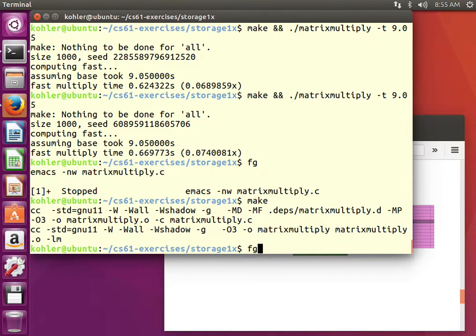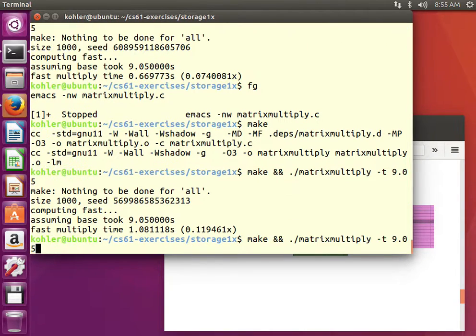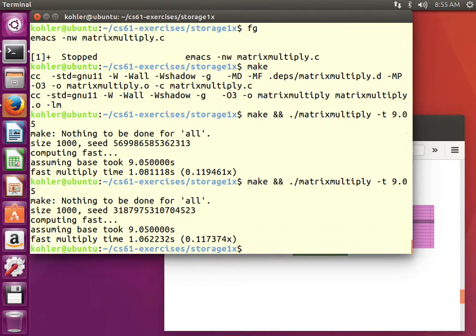Let's see how that performs. It's not bad. It's not as good as our best order of switching loops, because we have to do the additional work of transposing the matrix. But in fact, we did see some people who transposed the matrix in class, and it's not a bad solution. But there is even a better solution.